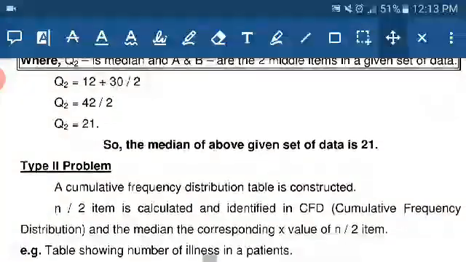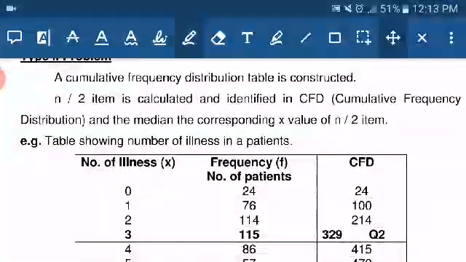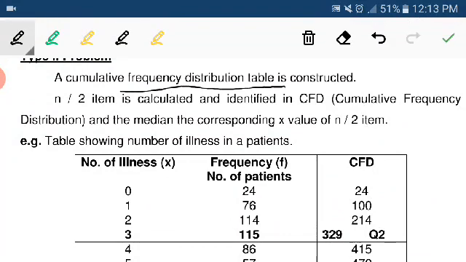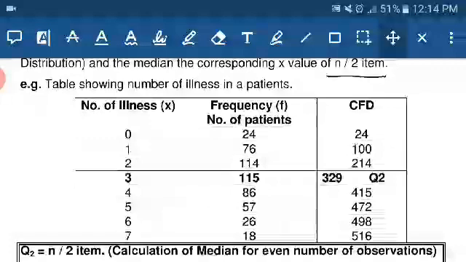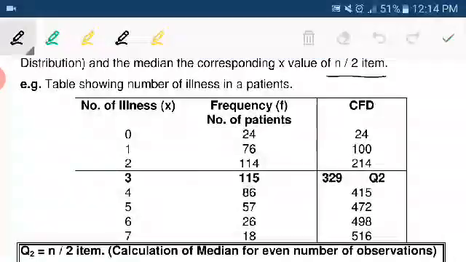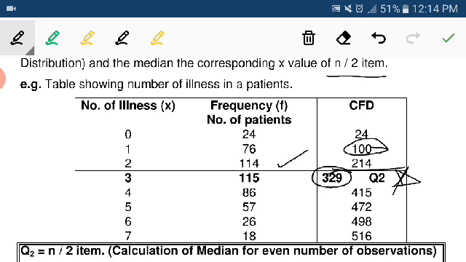This is the type 3 problem. A cumulative frequency distribution table is constructed. Then n by 2 item is calculated and identified in the CFD, that is, the cumulative frequency distribution, and the median is the corresponding x value of the n by 2 item. This table shows the number of illnesses. Cumulative frequency: 24 plus 76 is 100, then 100 plus 114 is 214, and 214 plus 115 is 329. This is the Q2,